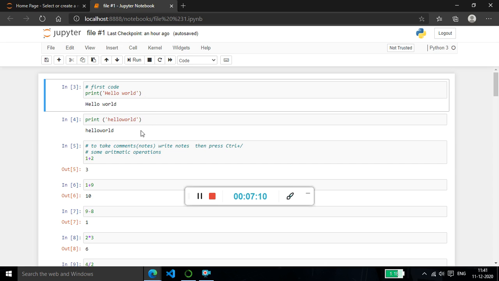So next thing is to take notes. How to take notes? Notes is basically comments. Python doesn't say notes, it says comments. So to take comments, what you have to do is, let me remove this first code. Yeah. So now